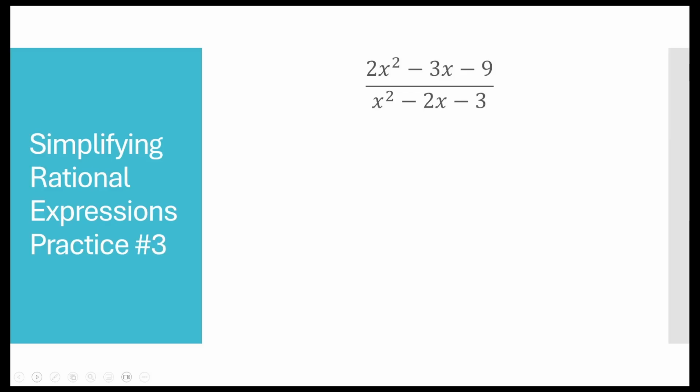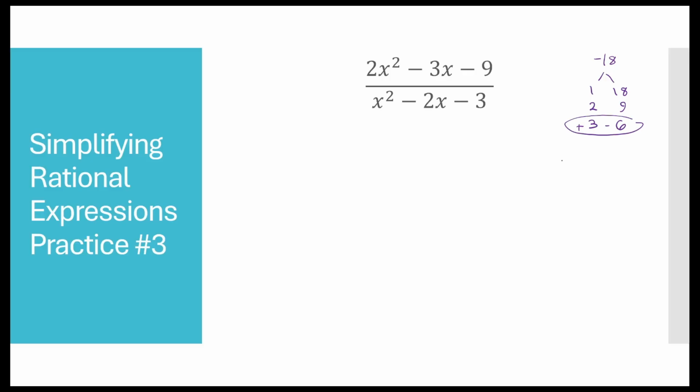Now, let's see, we've got one already where a was not equal to 1. In the numerator of this fraction, I've got 2 times negative 9, so my AC is negative 18, and I need two numbers that multiply to negative 18 but add up to negative 3. So looking through my options, I think I'm going to want positive 3 and negative 6, and I'm just going